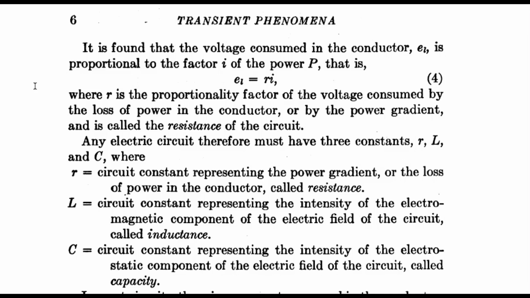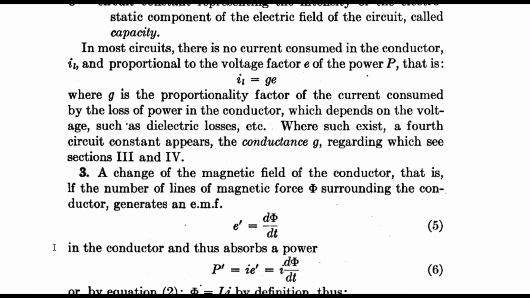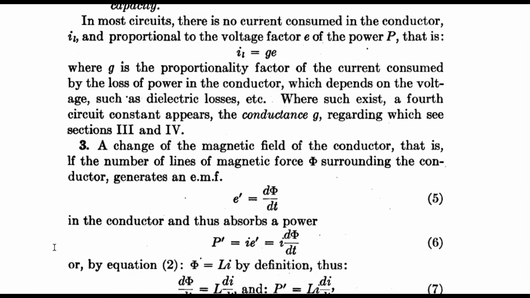representing the power gradient, or the loss of power in the conductor, called resistance. L is the circuit constant representing the intensity of the electromagnetic component of the electric field of the circuit, called inductance. C is the circuit constant representing the intensity of the electrostatic component of the electric field of the circuit, called capacity. In most circuits, there is no current consumed in the conductor, represented as I sub L and proportional